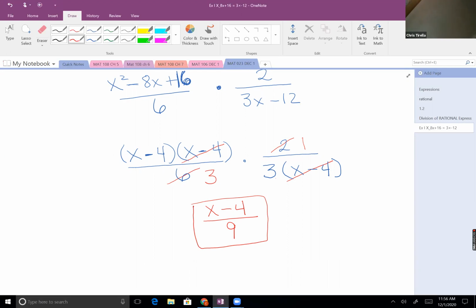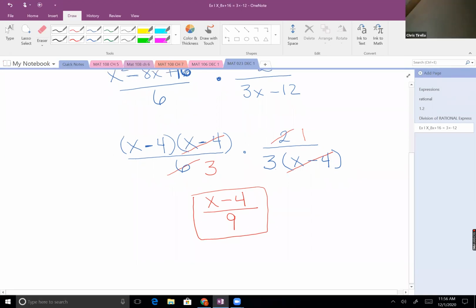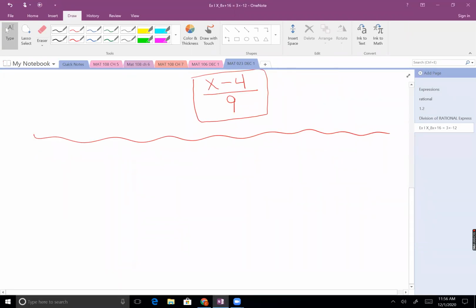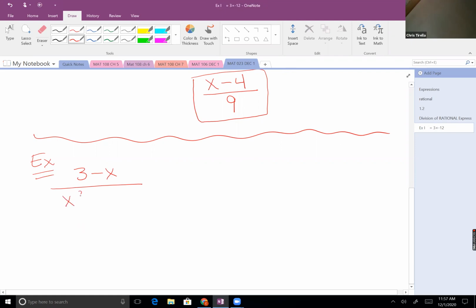Is that one all right? Yep. So let's get a little bit more challenging. This time I'm going to shut up for a couple minutes and let you guys factor away. This example, I'm going to have 3 minus x over x squared plus 6x plus 5 divided by x squared minus 7x plus 12